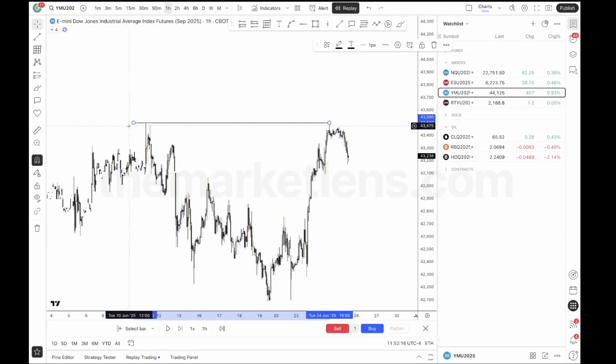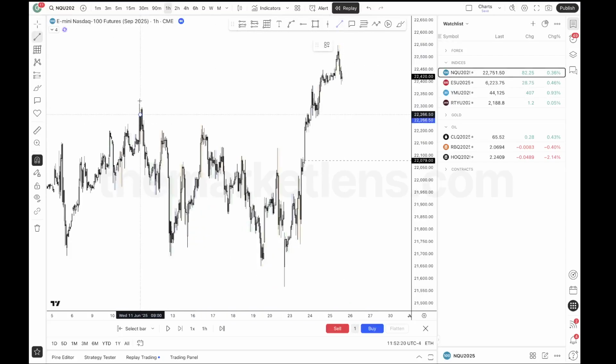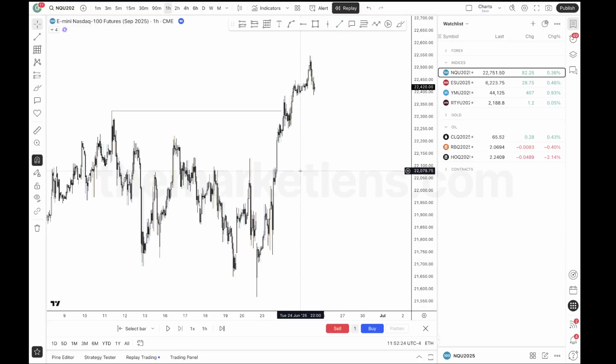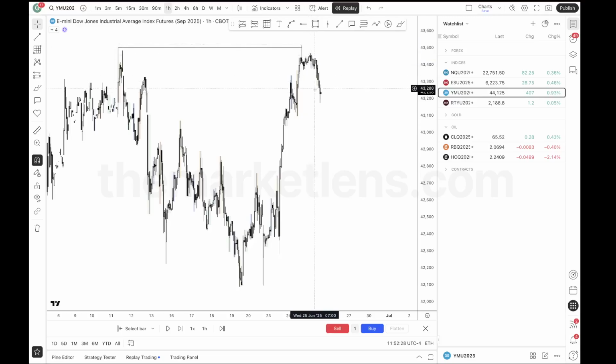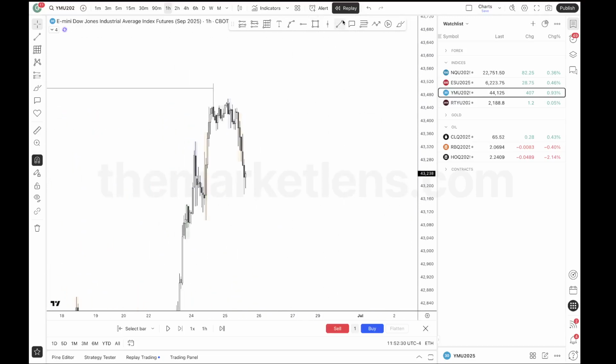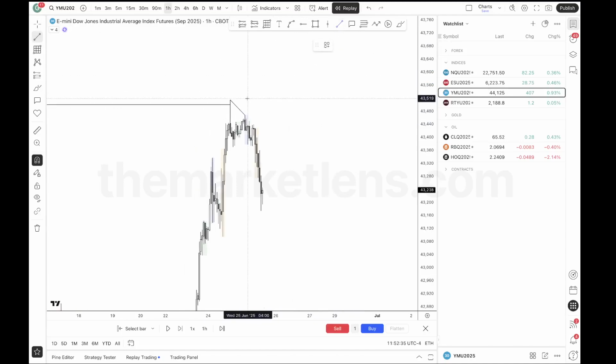So this high got hit at 1500 the previous day, but if you go on NQ, this high got hit a long time ago. So when it breaks, when the lagging asset hits this high, this is when we can reverse or retrace. So I'm already anticipating that YM could have this retracement or reversal. So when you have SMT with the previous high like this, that's even better, right? And you get two-stage SMT, it looks like this, essentially.